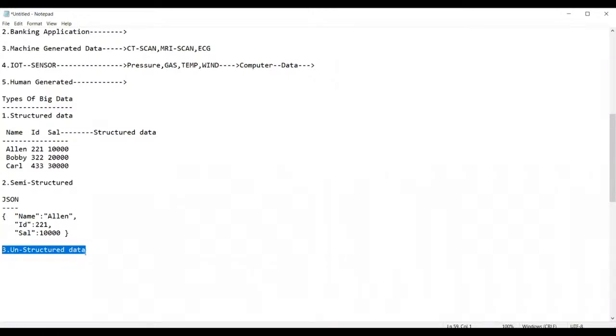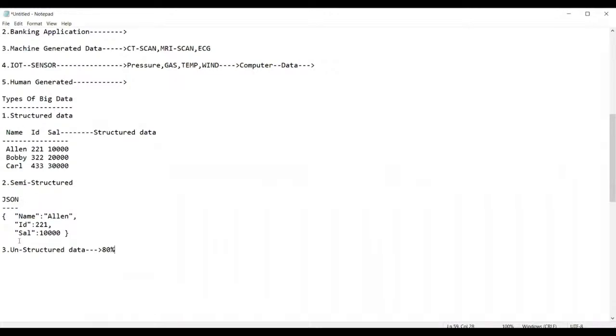All these come under unstructured data. There is no proper structure for it. 80% of the data across the globe we get in unstructured format only.